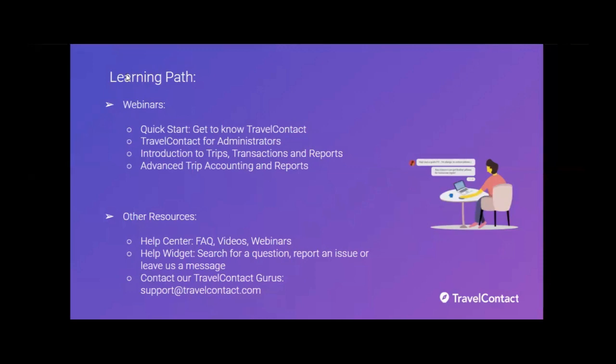So I would like to mention pretty quick the learning path. We have four webinars: Quick Start, Get to Know Travel Contact for Administrator, Introduction to TRIPS Transactions and Reports, which was today's webinar, and Advanced TRIP Accounting and Reports, and the other resources. We have the Help Center, the Help widget, and remember, you can always contact us at